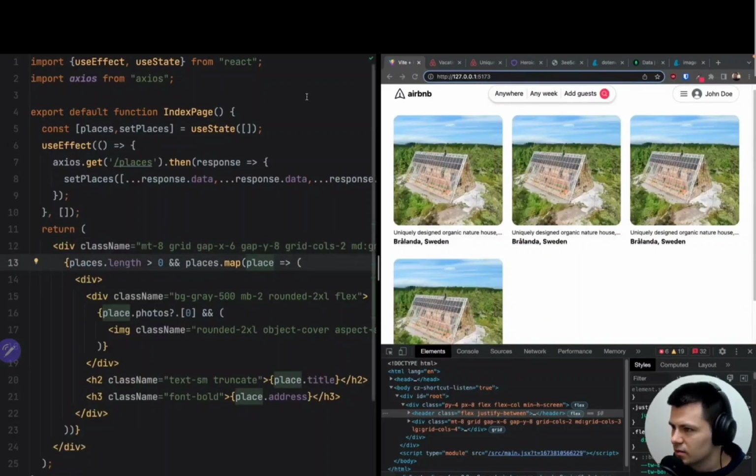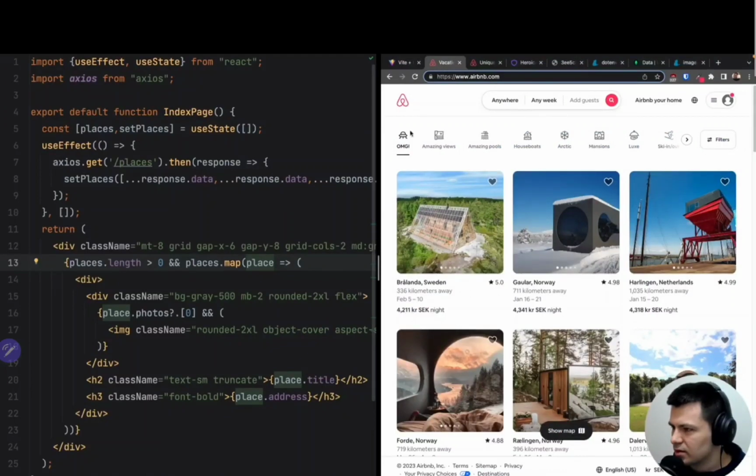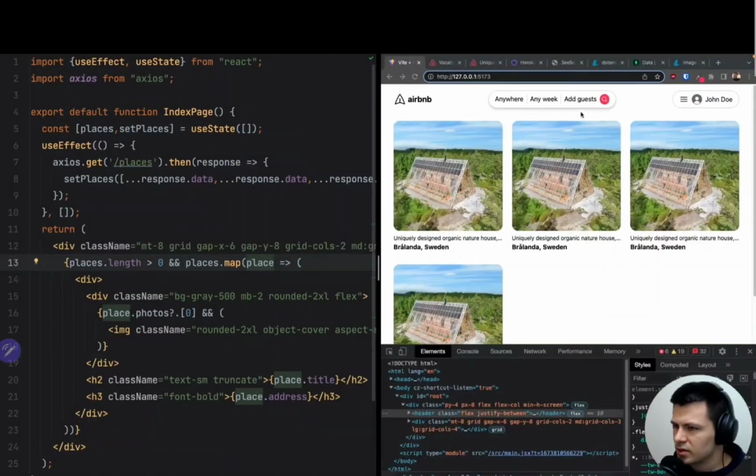And now the one thing that we forgot, we need the prices. So let's go back to